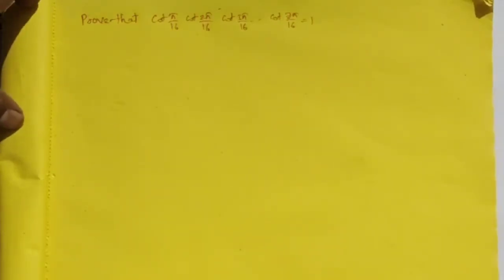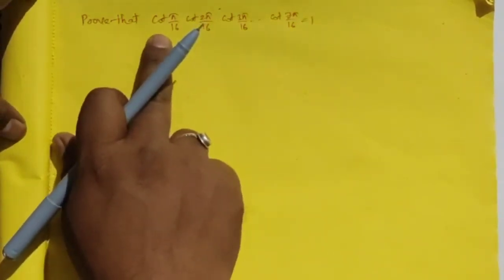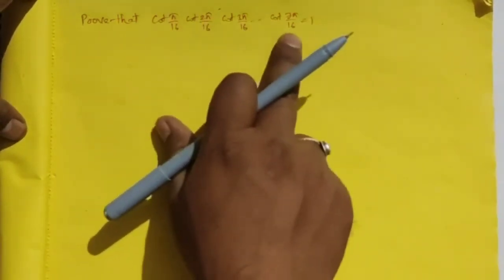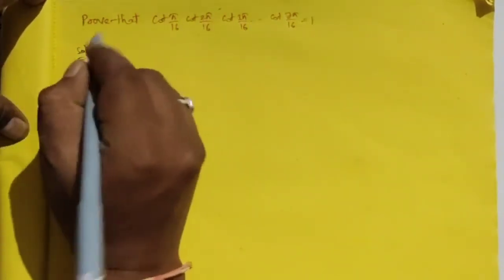Next question. Prove that cot pi by 16 into cot 2 pi by 16 into cot 3 pi by 16 up to and so on cot 7 pi by 16 is equal to 1. So it contains the terms from 1 pi by 16, 2 pi by 16 up to 7 pi by 16. So we have to read that first of all. Solution, given that